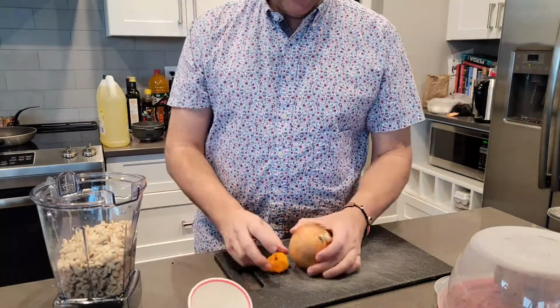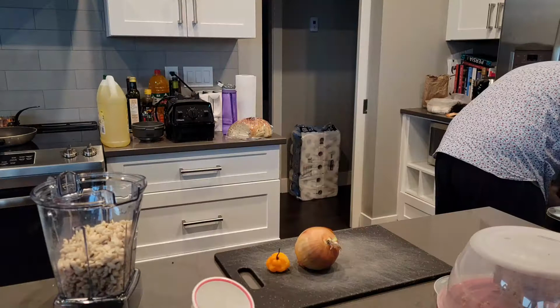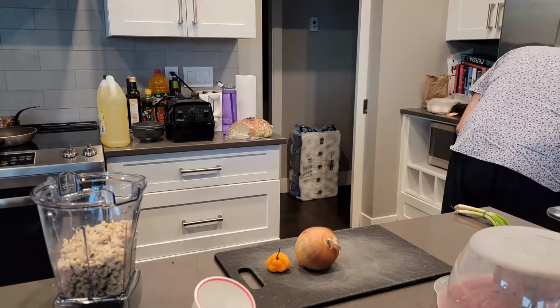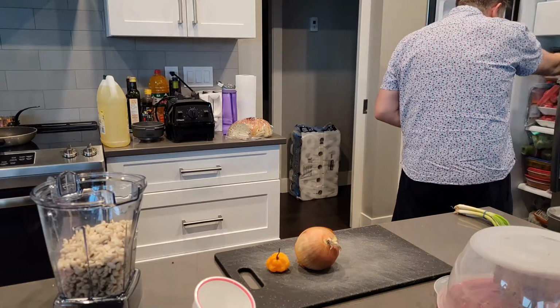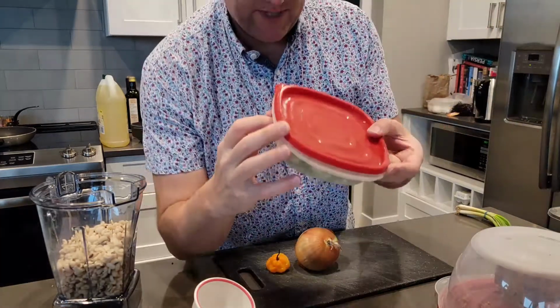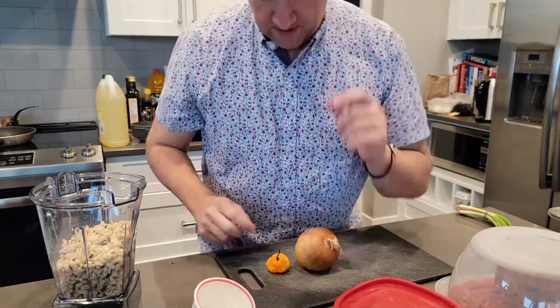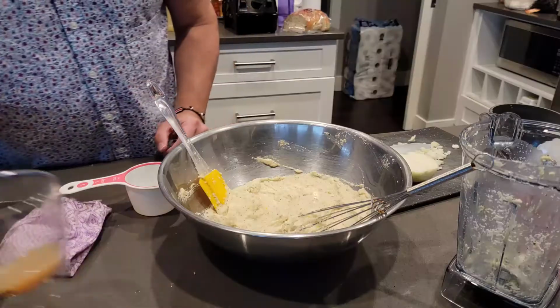Get this, we need some green onion. Helps to have some chopped up green onion, so whenever you need it you can throw some in. So let's get on with this. You know what, I have this